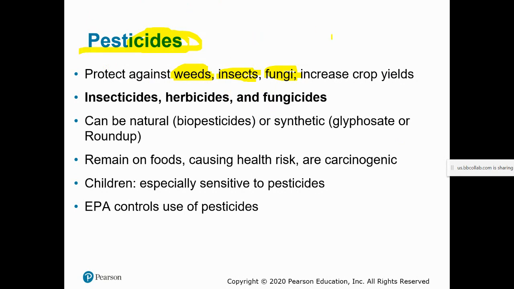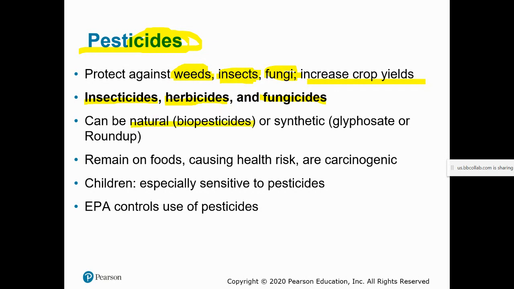So the hope is that by using pesticides, we can increase crop yield. That usually works for a certain period of years, and then after that point, crop production actually starts to decline because of the larger environmental effects of the excessive use of these pesticides. So insecticides would be a type of pesticide meant to work against insects. Herbicides are meant to work against other plants, and fungicides are meant to work against fungi.